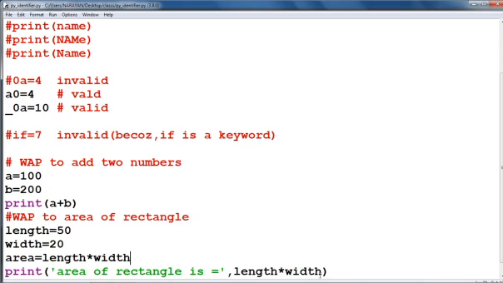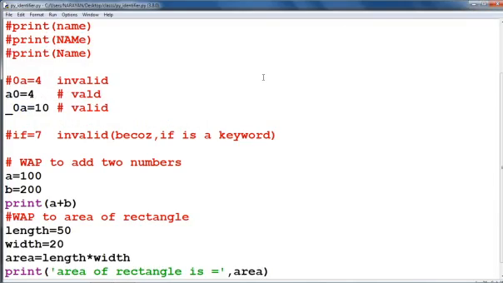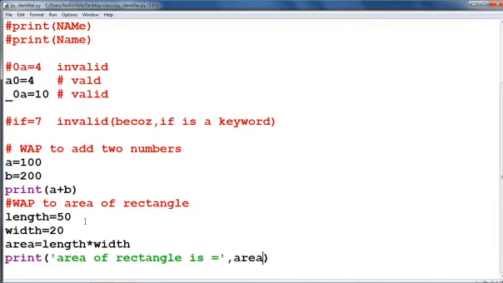Now instead of this, we can just simply print area, because area contains the value of length into width. Now see, this is your output.